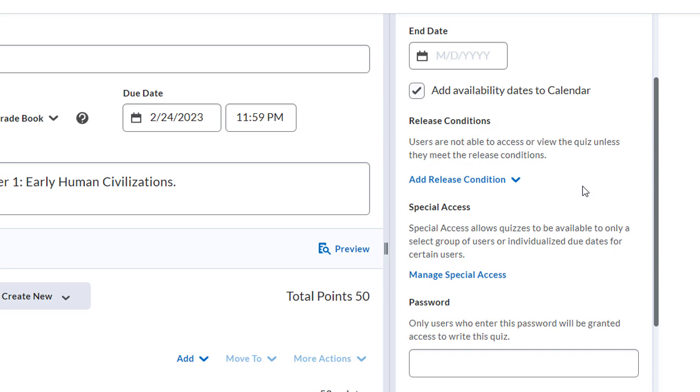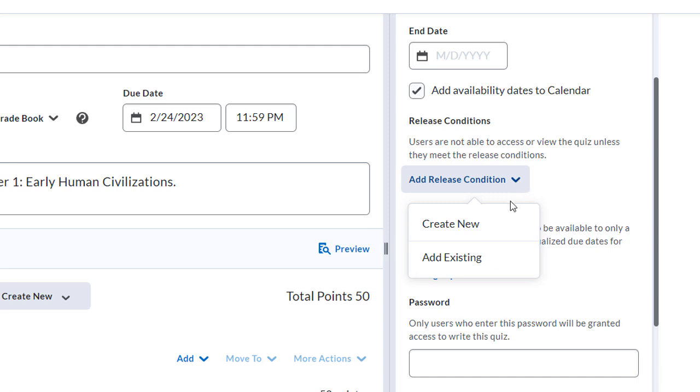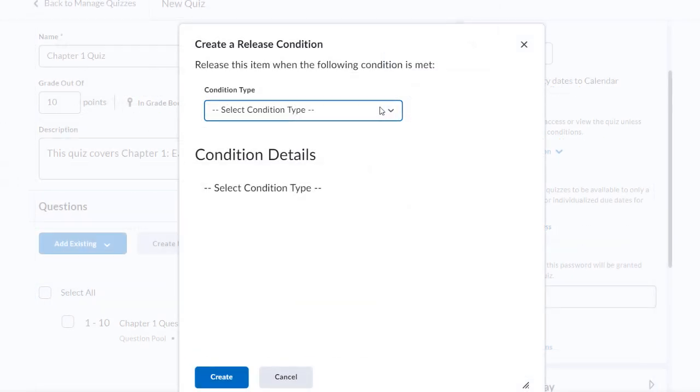Next, you can set quiz release conditions by clicking Add Release Condition and then Create New. If release conditions are enabled, students will not be able to access or view the quiz unless they meet the release conditions. You can set up release conditions based on just about any action students might take in your course. For example, you can specify that students must score a certain grade on a practice test before they can take